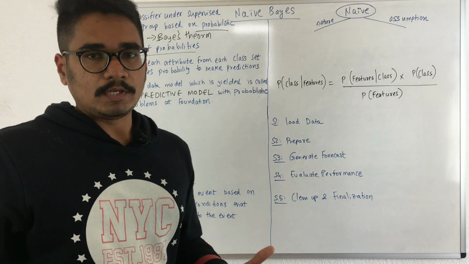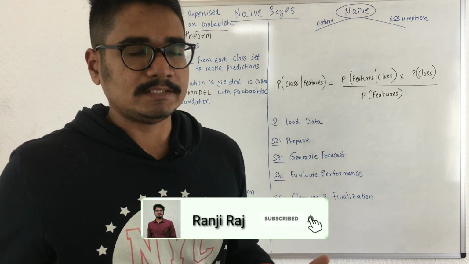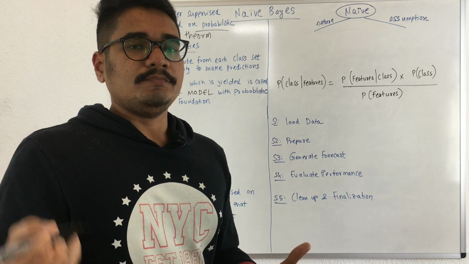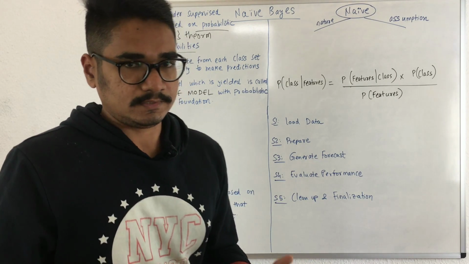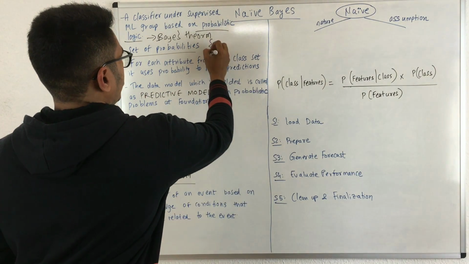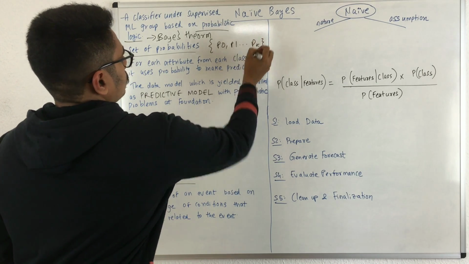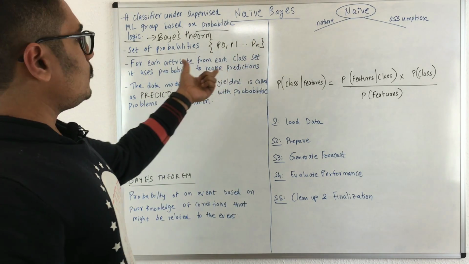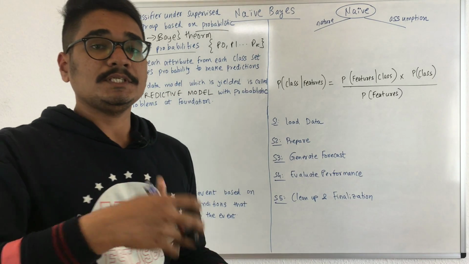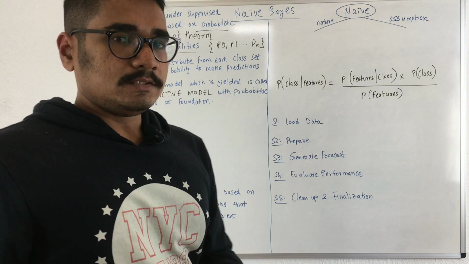Now we already know, we have a data set and then we divide it into training and test set. In the training set, we input different types of attribute sets. So in naive Bayes, we have a set of probabilities, like p0, p1 up till pk. So we have these many probabilities. These probabilities we input into the training set and we get a prediction as a result of that.